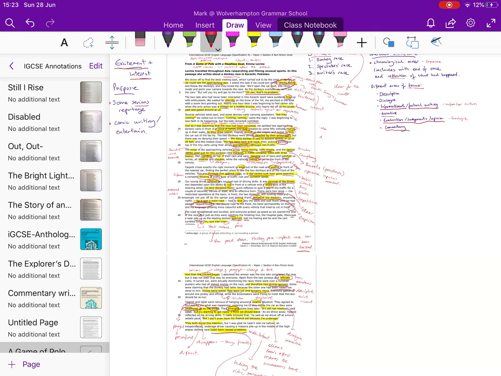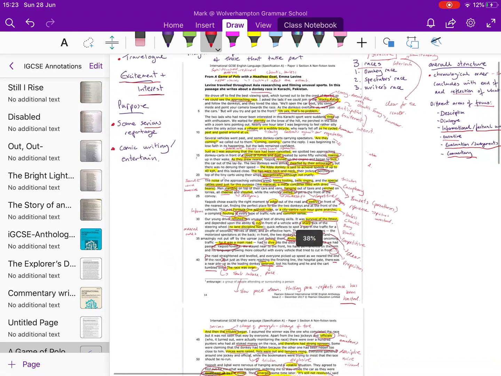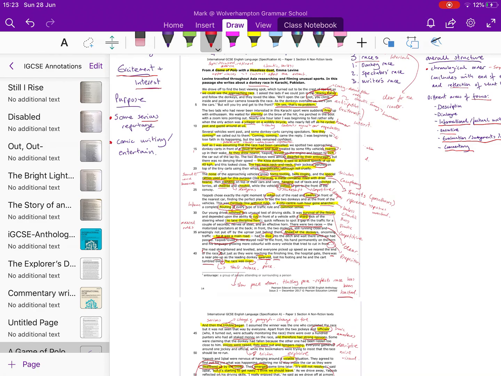We know what purpose she has. At some point she wants to make the race seem exciting, she wants to make it interesting, she wants to make it entertaining, she wants to get across how serious it is, she wants to describe it. So what we've got there is a lot of example paragraph starters to use for a piece of writing, and then we've got some comparisons, we've got lots of sound description, we've got a few examples of personification, and we've got a few examples of humour as well, and some powerful verbs for language. So you should have a good set of annotations for this text, and that means we're ready to have a go at writing about